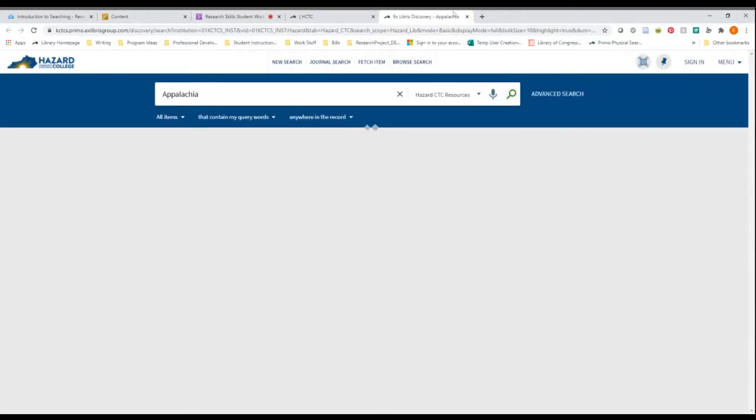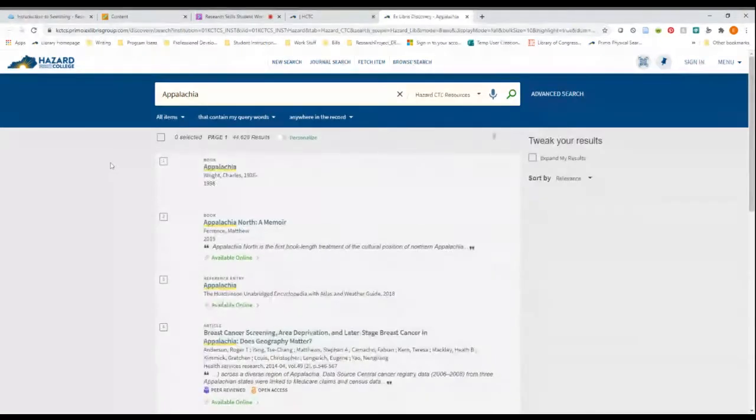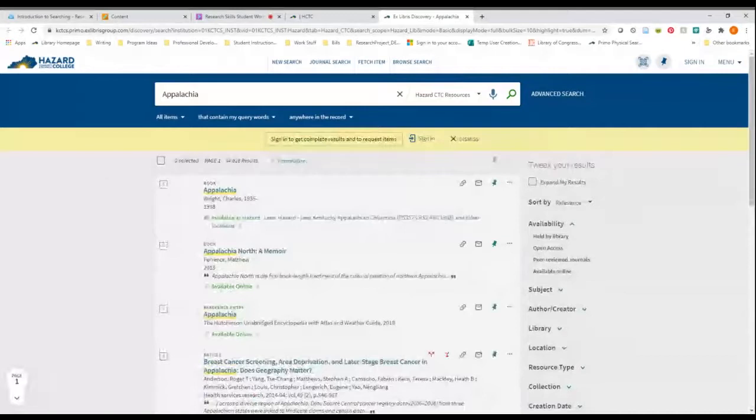It's the one keyword, very broad term too. Appalachia is a huge region, so it's likely that we're going to have many search results. It defaults to searching, again, all of those physical and electronic resources. So you're going to get a lot of results back if you just do that search bar search, but you